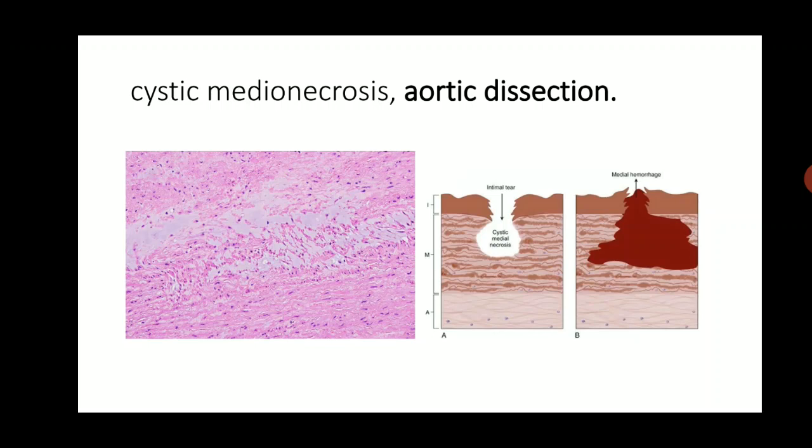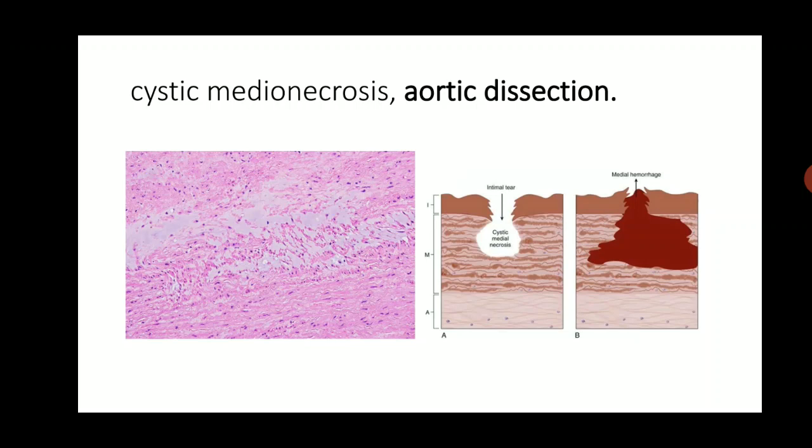The patients develop a typical necrosis of the media of the aorta. As shown in this picture, this is a microscopic picture. The media of the aorta shows loose, blue, pale areas looking like small cysts or cavities. Hence the name cystic medial necrosis. The media of the aorta undergoes necrosis and becomes cystic.